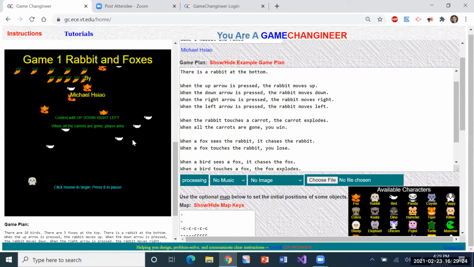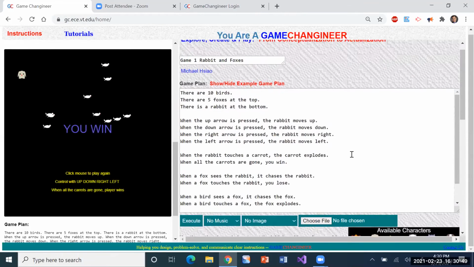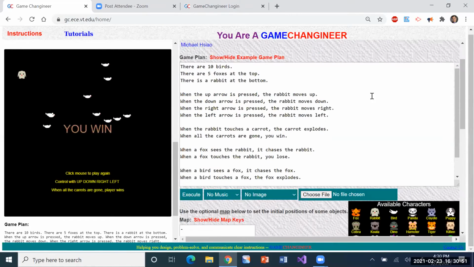Execute. Now this game is very, very easy because we have many birds to our advantage. And there's a couple people just asked if we can go just a little bit slower. Right. Okay, so